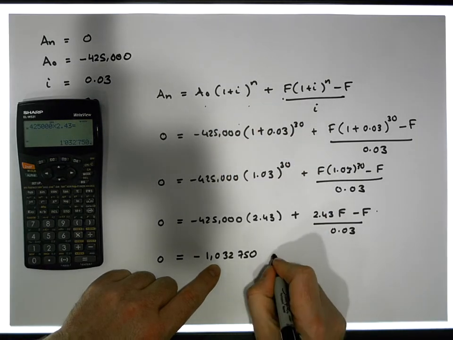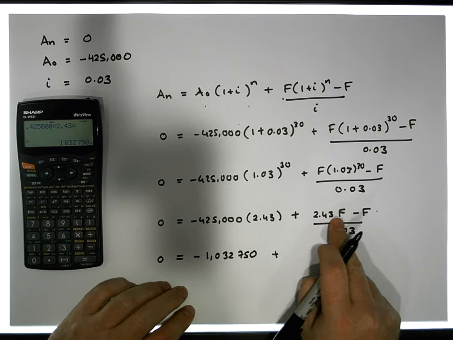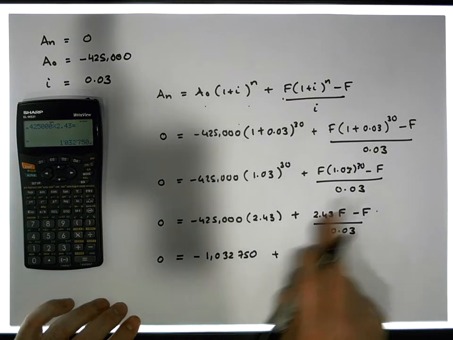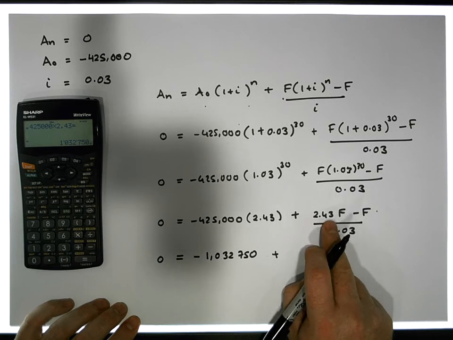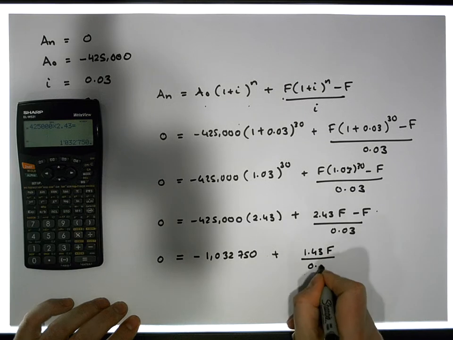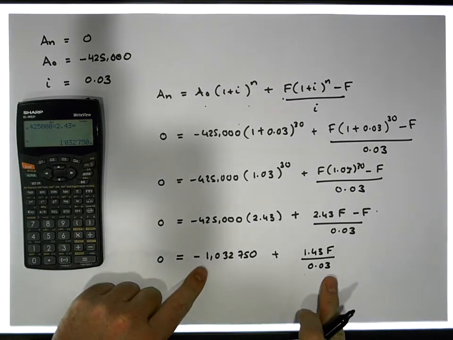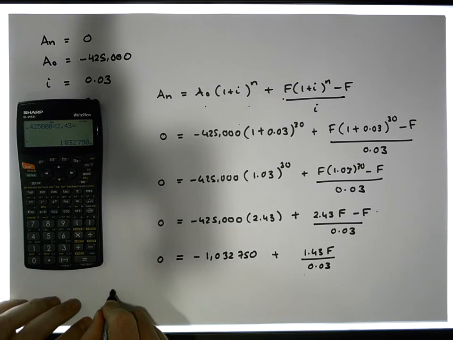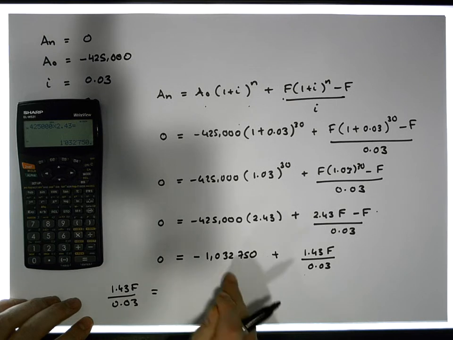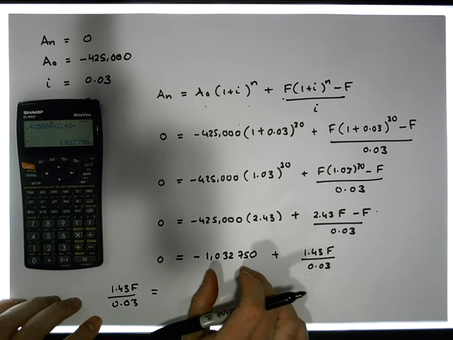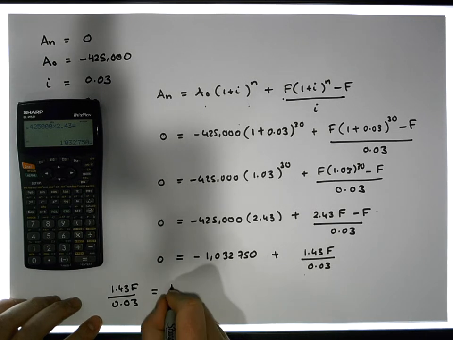Okay, and then it's plus, well, it's 2.43 F minus F. What's this? Well, if this was 2F minus F, I'd be left with an F. But all I have is 2.43 F minus F, which leaves me with 1.43 F divided by 0.03. You can see now we've got basic algebra here. Let's take this term here, 1.43 F over 0.03 must be equal to, we bring this over this side of the line, it becomes positive,